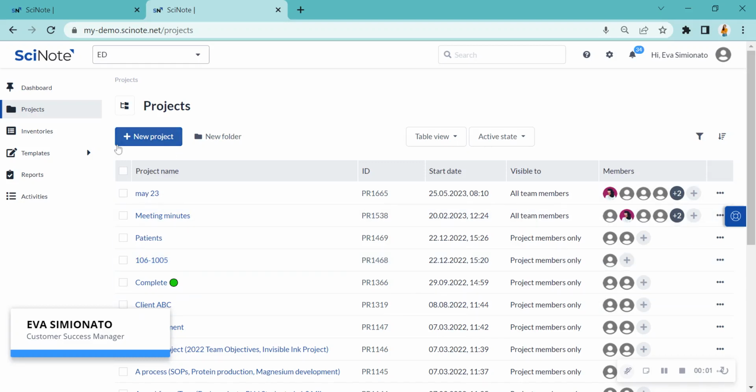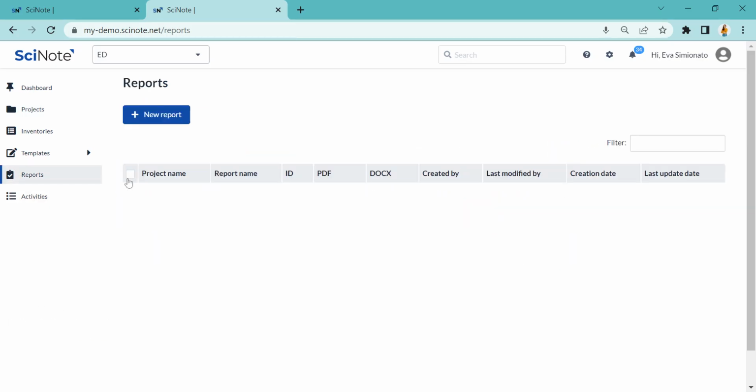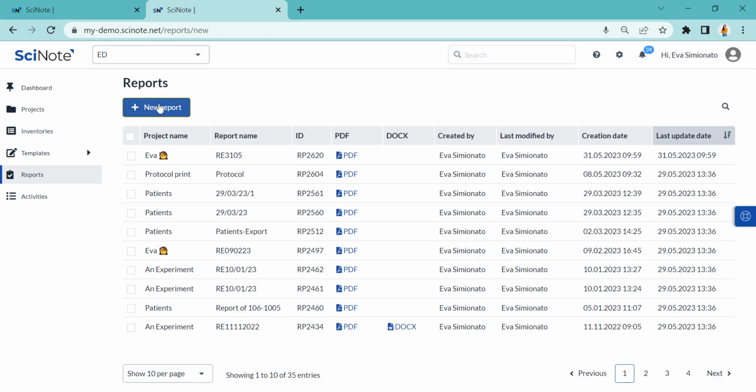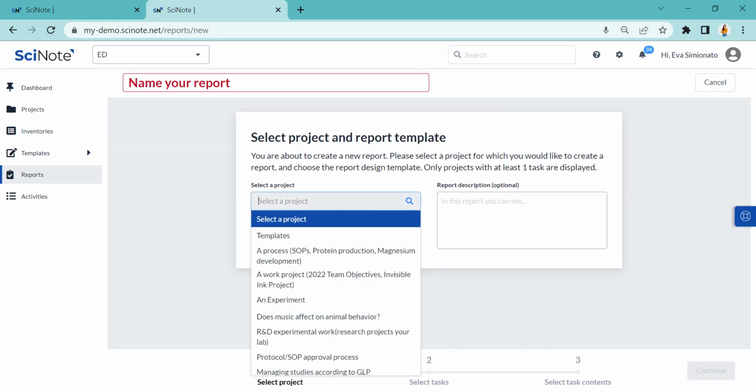So this is just a brief explanation of how you can use our reports feature. Just navigate to the report section, then generate a new report. You will always start from a project, but this doesn't mean that you need to create a report for the entire project, because you can just choose one experiment, one task, for example, or just the list of activities related